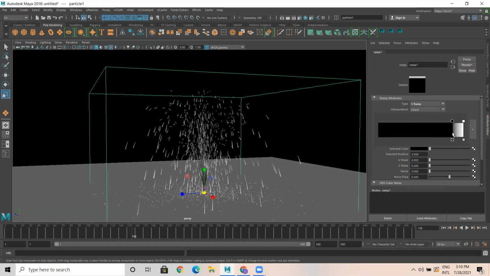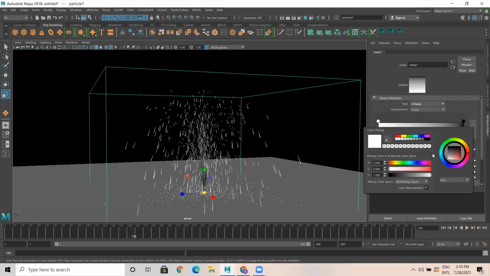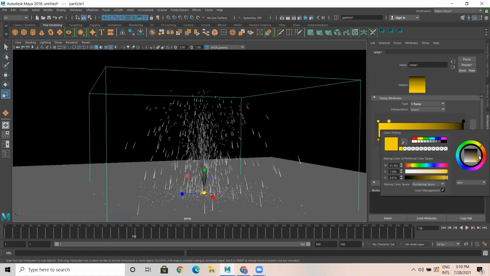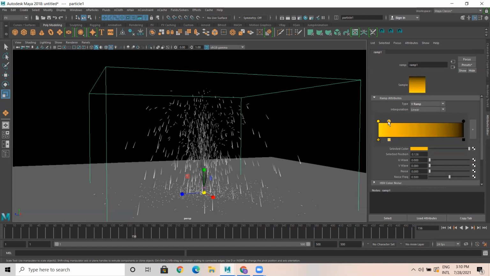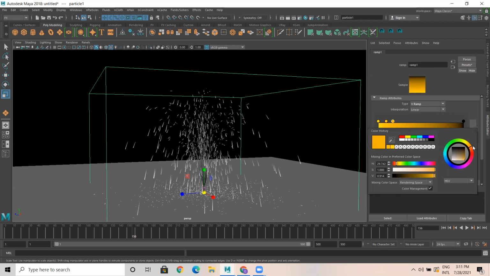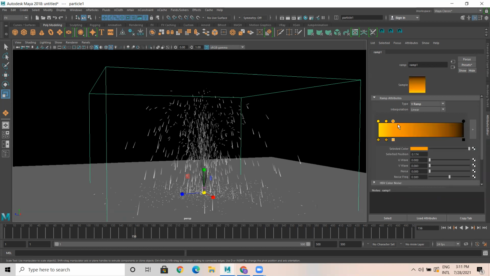When the particle is getting birth, I want the particle color to be this color. Click on the next. I want the particle color to be this. Click on this, next. I want the particle color to be orangish.